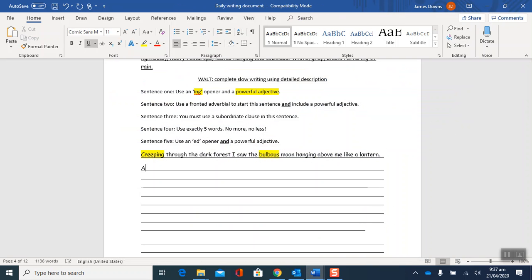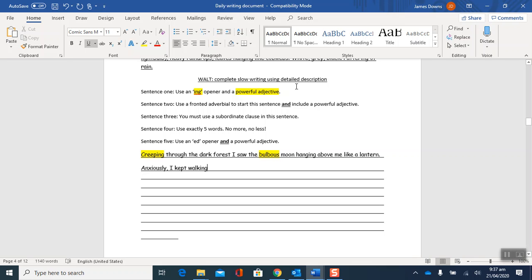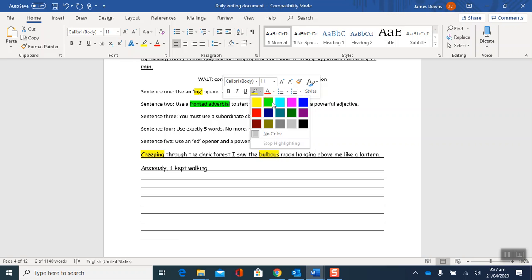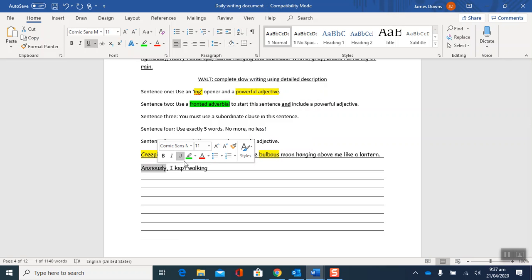So sentence 2. Anxiously. I'll make sure I put my comma after a fronted adverbial. Anxiously, I kept walking. What else do I need to do in this sentence? I've used a fronted adverbial. Now I also need to include a powerful adjective. So lots of description in this, yeah? Anxiously, I kept walking